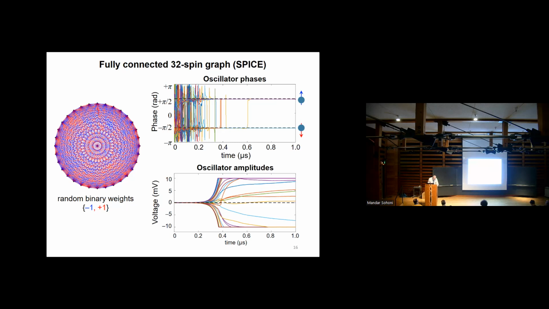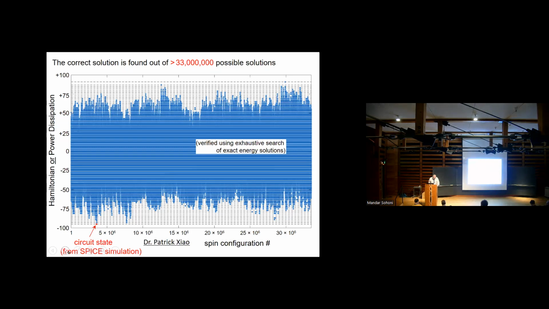The red wires are connecting as antiferromagnetic, and the blue wires are connecting as ferromagnetic. And in this case, it was a very extreme case. It was fully connected. We let it run, and after 20 clock cycles, it gave us the correct answer. So I'm not saying this is unique. There are many groups that have done this in different ways, but always using the Onsager principle.